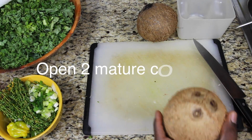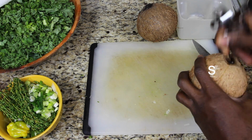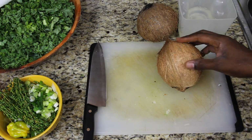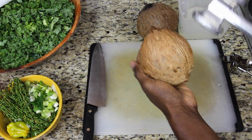Now let's open up these mature coconuts. What I do is I poke a little hole in the center. There's 3 eye loops on the top of the coconut. One of them you're going to be able to go through. Drain out the juice out of the coconut, and now I take a meat cleaver and I try to open it. Sometimes it's hard to open, so what I do, if I'm having difficulty trying to open the coconuts, I'll